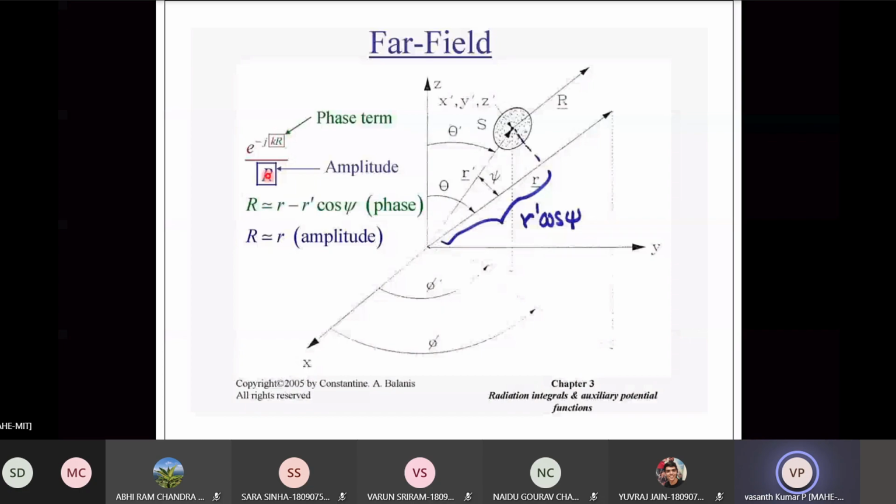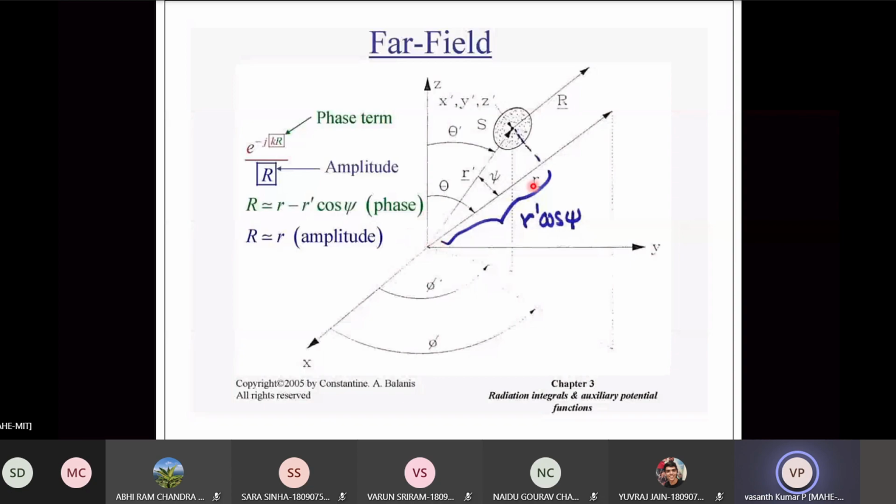So we have the r in the denominator, so this contributes to the amplitude part. This contributes to the phase part. Now if you take a far off point, see, you take this point. This is the point of source. So the far away point will be in this capital R direction, okay, and this observation point from the source is in the small r direction. So what is the difference between capital R and small r? It is R dash cos phi. What is R dash? This one. R dash is this distance.